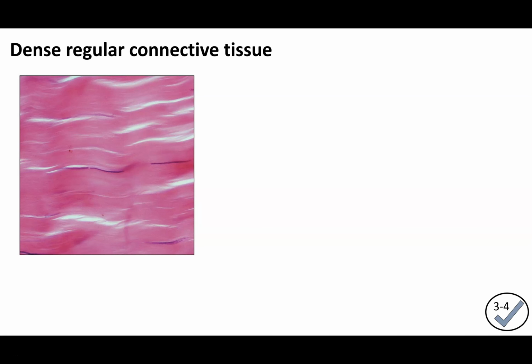Now, kind of the opposite of dense irregular connective tissue is dense regular connective tissue. This is another dense connective tissue proper. And this time, the fibers are all kind of flowing in the same direction here. Here it looks a little wavy, but it's all going left to right or right to left, whatever direction you want to consider it. All the fibers are going in the same direction, so that's why we call it dense